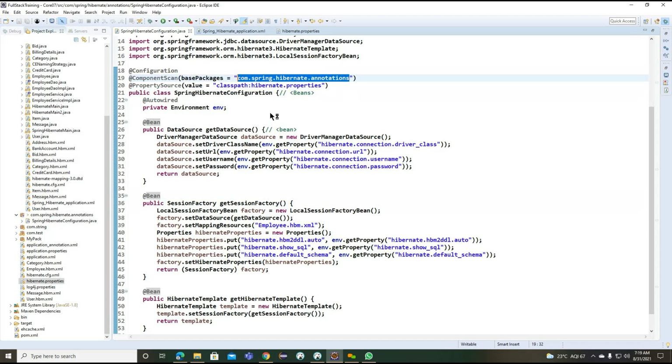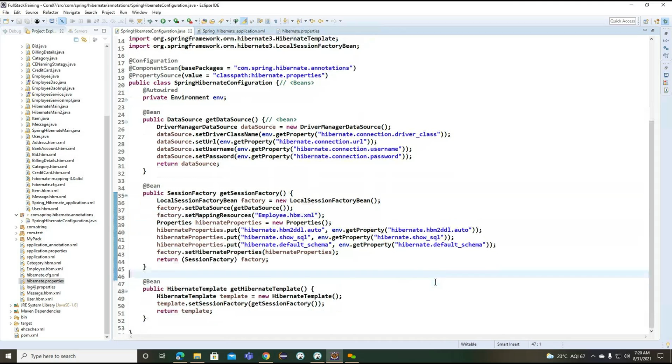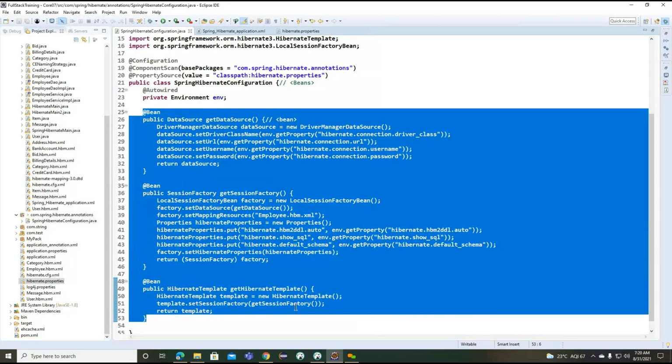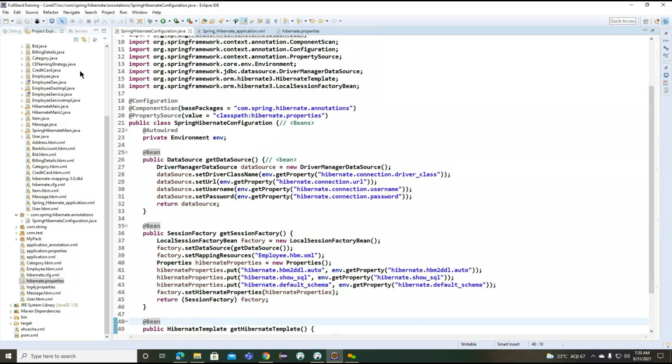And this is indicating something when we work on the stereotype annotations. The Spring container will look for the package name and inside this particular package, what classes we are going to have. All the classes are created by default whenever we use the stereotype annotations. As of now we did not create any stereotype annotations. We just created the bean configuration. So these are the main bean configurations here.